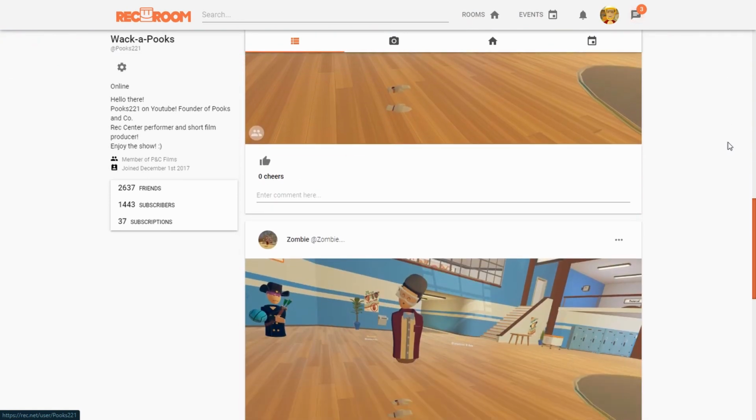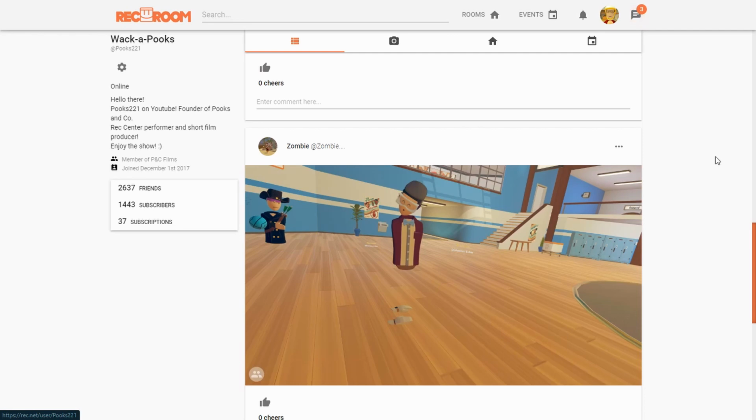This is a completely updated feed of every picture that has ever been taken on RecNet that your avatar is shown in. You can again use the cheer and comment feature just like all the other photo feeds on RecNet. In addition, as I was saying, you can go to the person icon in the corner of each picture, and if you would like to remove the tag from your player, you can do so by clicking the X next